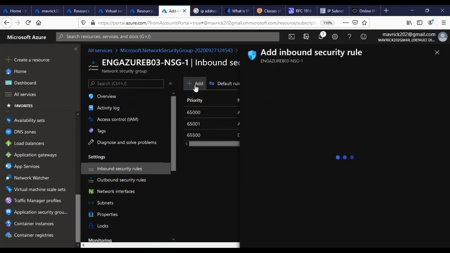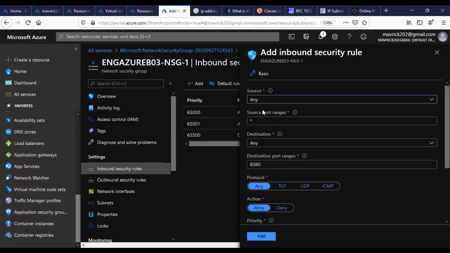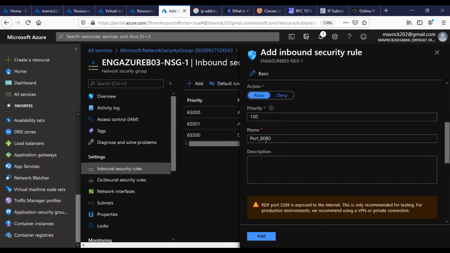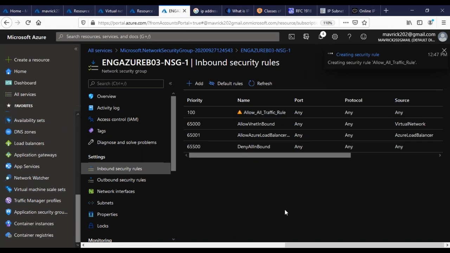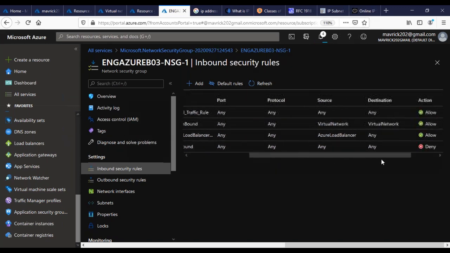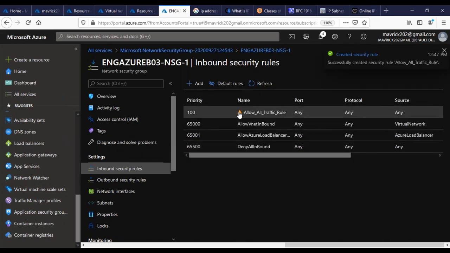I'm going to add something. I'm going to add source, meaning anywhere. Here also I'm going to give a star. Just follow my lead on this one. Don't worry about what I'm doing, because we're going to discuss it during NSGs. I'm going to simply allow all traffic, all traffic rule, and click on add. That's why it's showing an orange warning saying you are allowing all traffic from anywhere. So it's a threat basically, but it's okay. It is for testing.